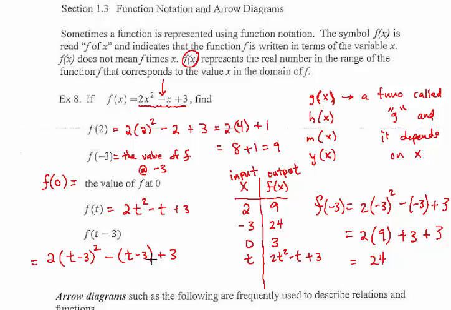Now, this one can be simplified. We don't want to leave it this way. What we want to do is go back and expand this t minus 3 squared, and it will become t squared minus 6t plus 9. And then this minus here, we want to distribute it and get minus t plus 3, plus 3. If we take it further and combine like terms,